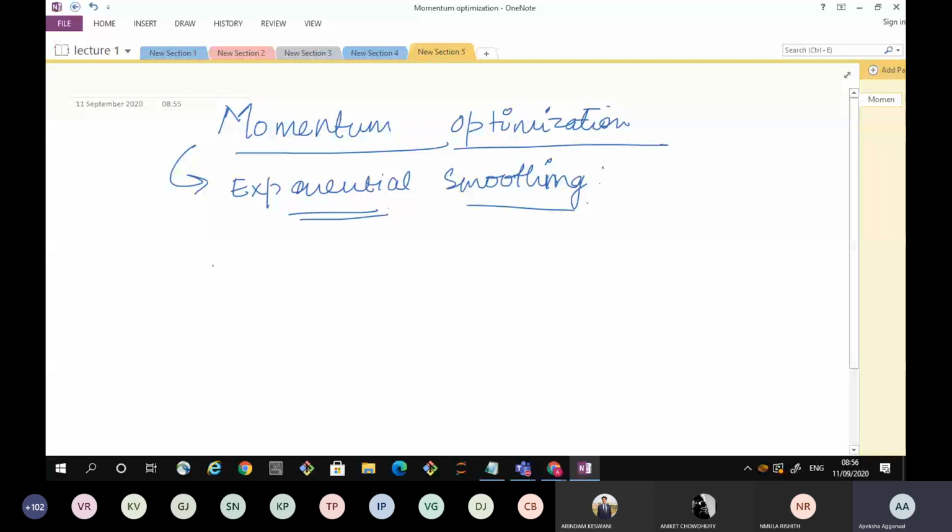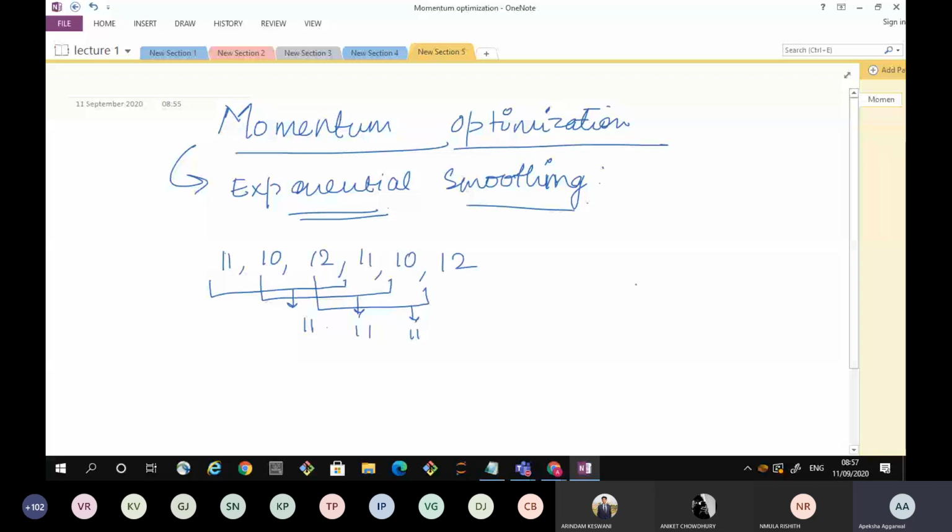So first thing, for smoothing, suppose I have a set of points like 11, 10, 12, and 11, and again 10, then let's say 12. If I take the smoothing of these three, I'm taking the average, what will I get? I'll get 11. Then I'll move to the next three, and I'll get 11 again. Then I'll take the next three and I'll get 11 again. So what is happening here is my series is getting smoother if I take the average of these 3 points.